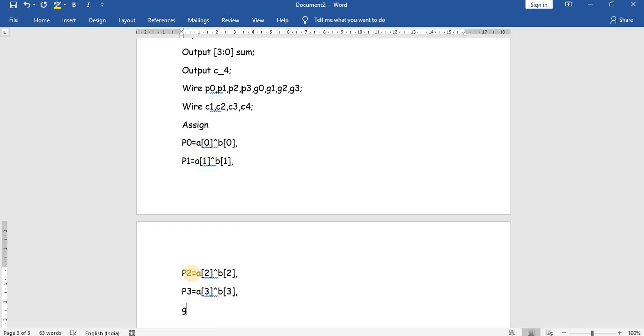Likewise the generate terms: G0 is equal to A of 0 and B of 0.